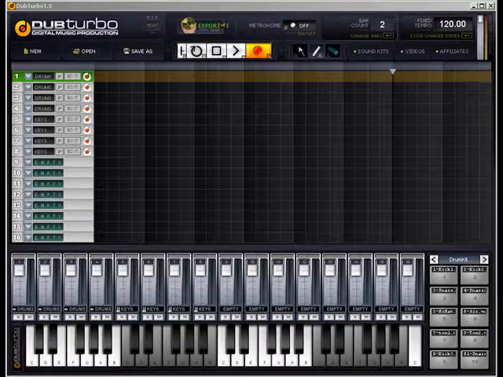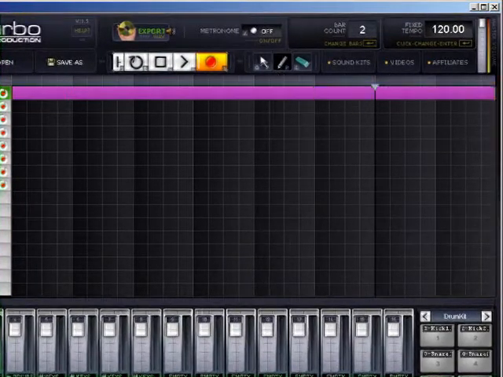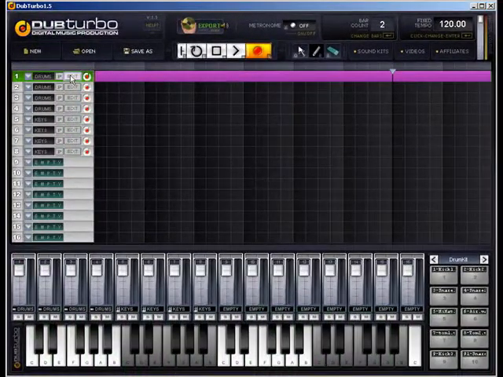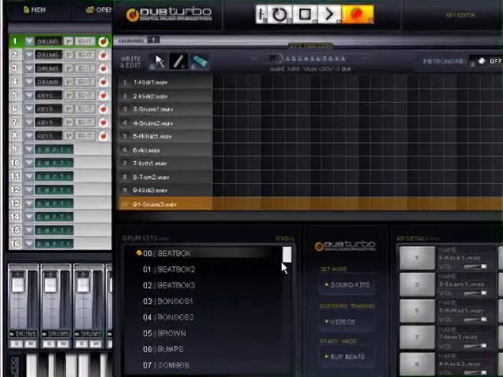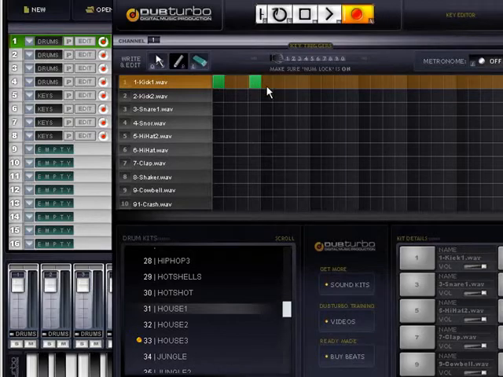In this video, we're going to go over how to use the keyboard and get the most out of it in DUBturbo. So again, first thing we'll do is click on the pencil, layer 1, click, hold, and drag all the way across both bars, click edit, and we'll draw in a real quick beat here. Let's go down to, say, house 3, and we'll draw in a very quick